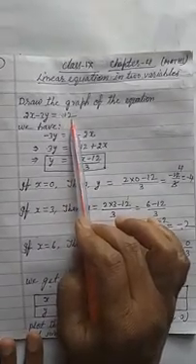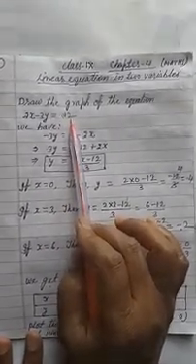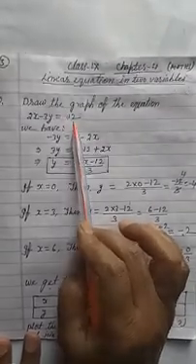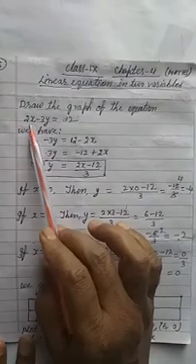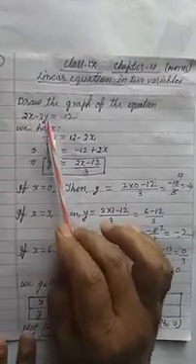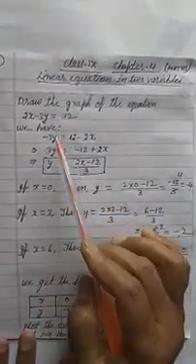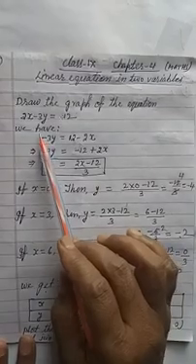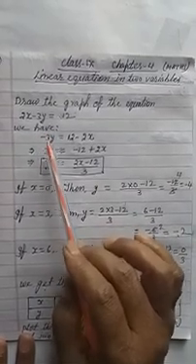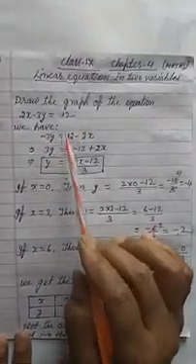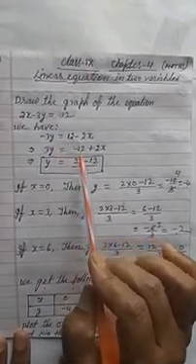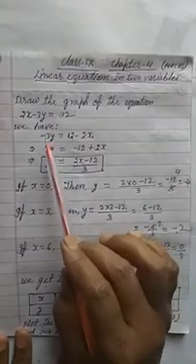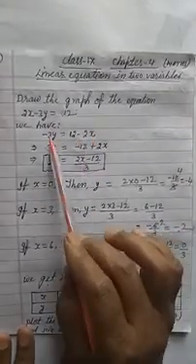Okay students, I have already taught the rules or steps of how we have to draw the graph of linear equations in two variables. Here are two variables, x and y. So first of all, can you say what the first step is? The first step is to express y in terms of x. So first we have to solve the equation. This is the first rule.